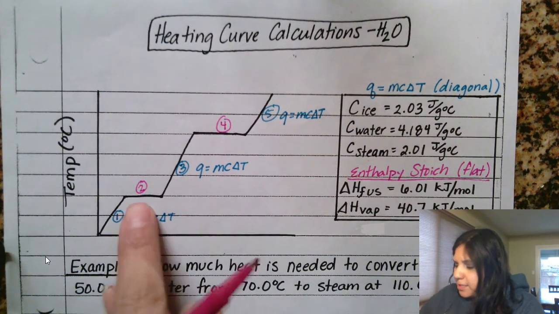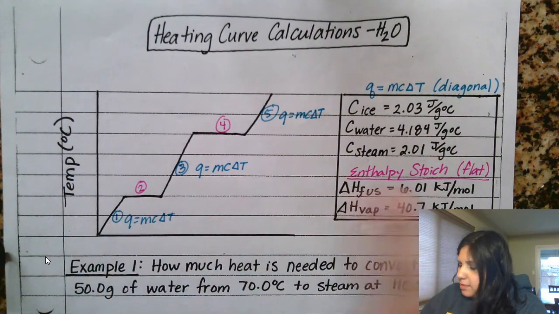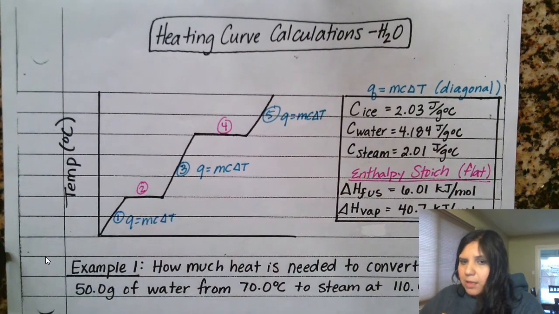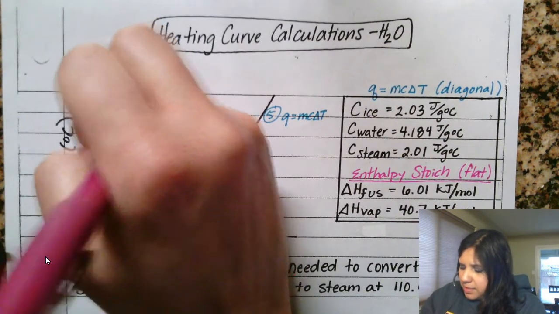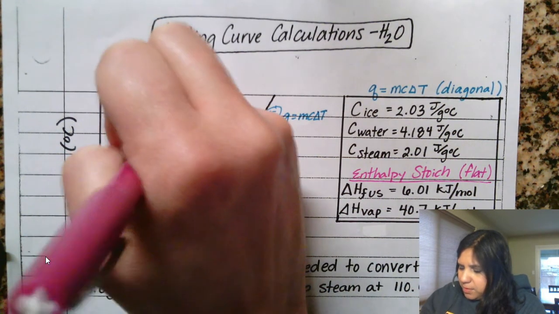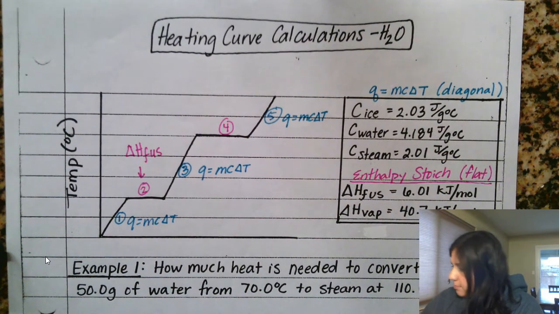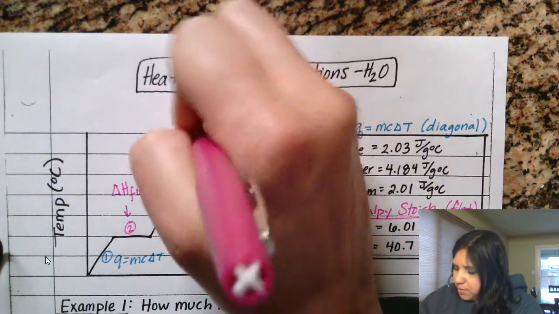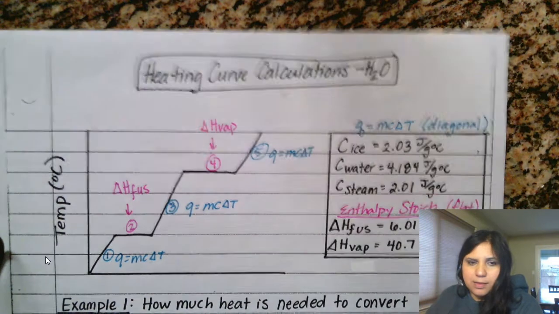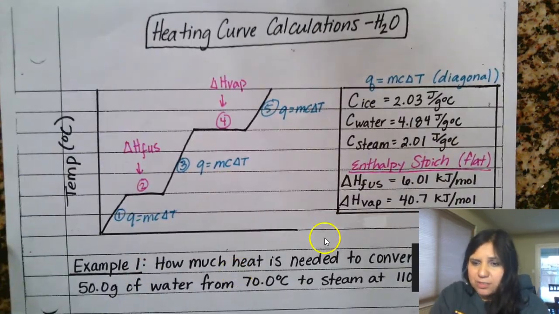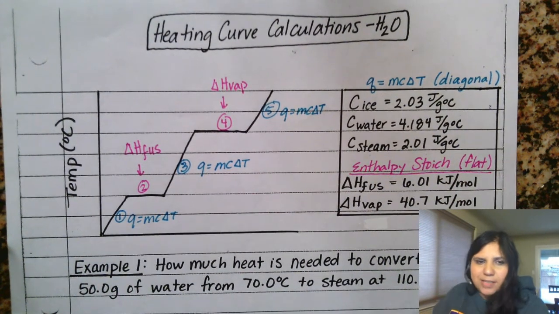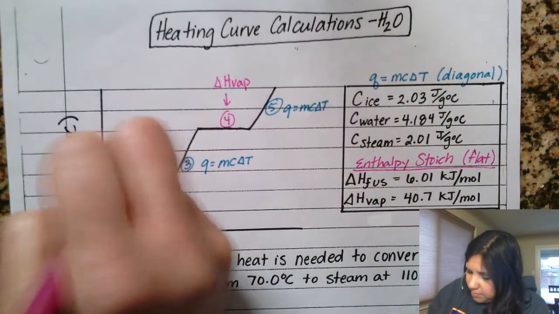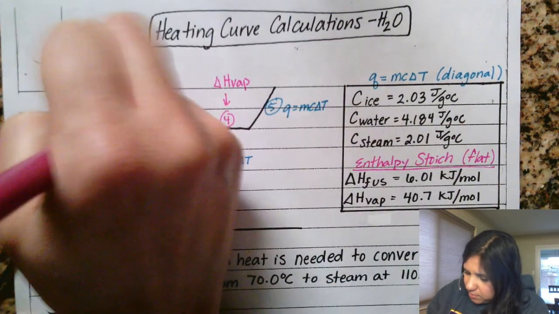So what you need for enthalpy stoichiometry on the flat lines are these values. Remember that this bottom line is going to be melting from solid to liquid. Instead of the word melting, it's delta H of fusion, F-U-S for fusion. And then at the top, we have delta H of vaporization that we'll be utilizing in order to solve problems here. You have to remember at what temperature this will be happening. You still need to remember that for water, or whatever graph you're doing, this is going to be 0, and that's going to be